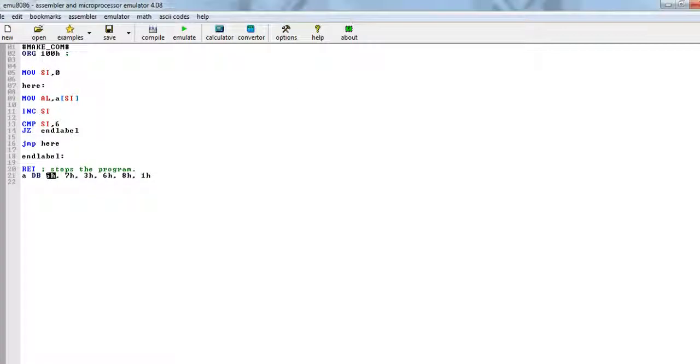For example, we can get the maximum or minimum value inside an array. How do I do it? We have to use another instruction called jump